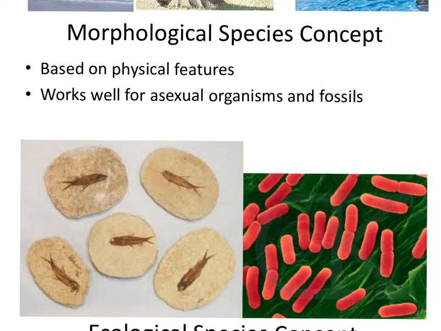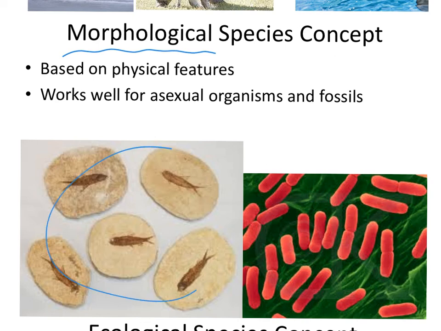So we've got this other definition, the morphological species concept. Morphology means what does the organism look like? So this definition is based on physical features and what the organism simply looks like. I can look back at fossils and see, wow, these two organisms, T-Rex and Brontosaurus, really don't look alike at all. So I would bargain that they cannot have babies in nature. And that's kind of the conclusion that scientists come to. If organisms look so different, they probably were different species.